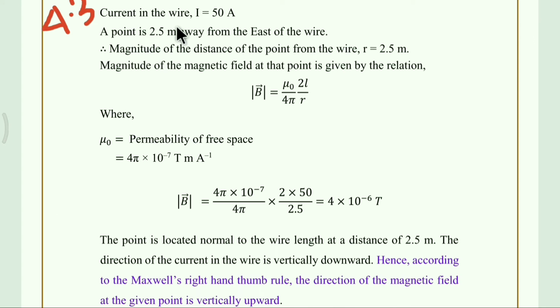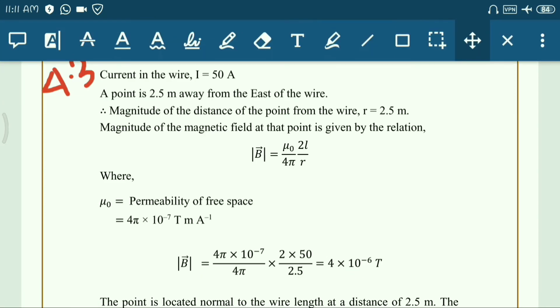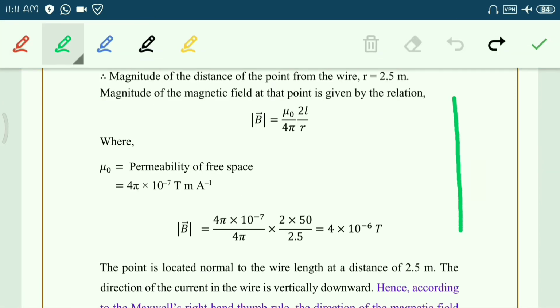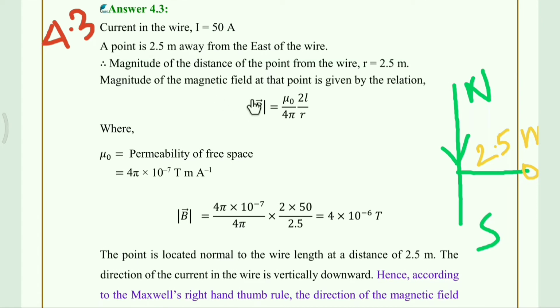Solution. Current in the wire, I, is equal to 50 ampere. To make you understand, I will draw one figure here. Suppose current is flowing from north to south, and we have to take the point here. Suppose the point is here and it will be 2.5 meter away. Then we will apply the formula B is equal to mu 0 by 4 pi, 2I